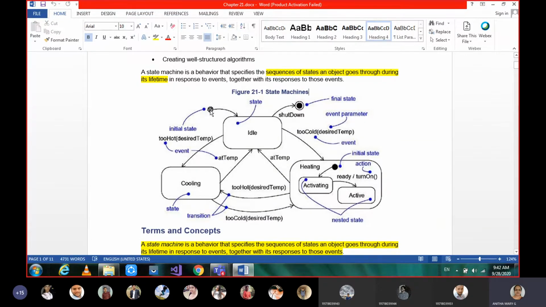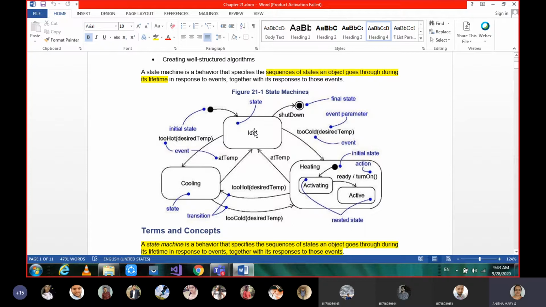Here, this is the initial state. Just as we show the initial state and final state in activity diagrams, here also we show the initial and final states similarly. Graphically, you can see the bullet is the initial state. A bullet within a rounded circle is the end state, the final state. So this is the initial state.